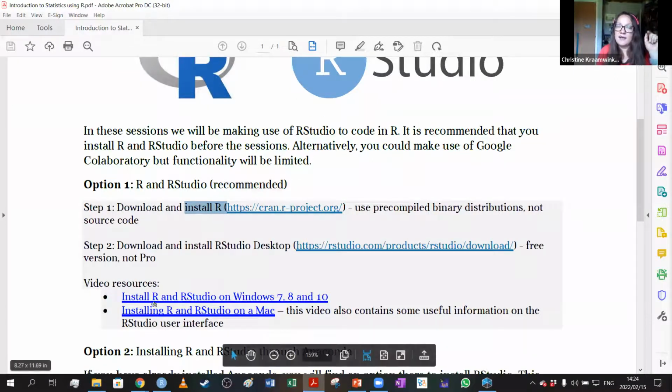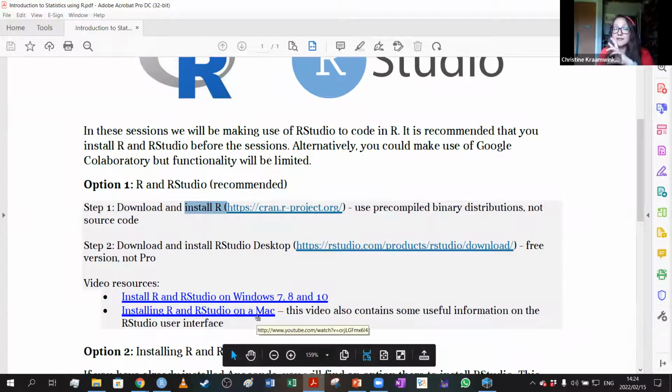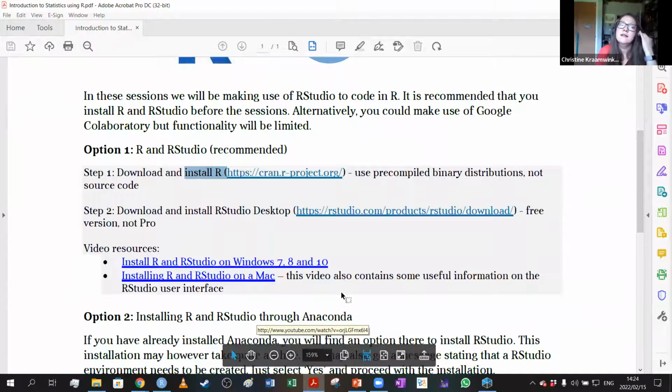I've added some video resources, also just YouTube videos that you can go and watch if you're unsure about how to do the installation. This Mac video also has some nice extra tips in it, so that might be useful even if you're a Windows user.